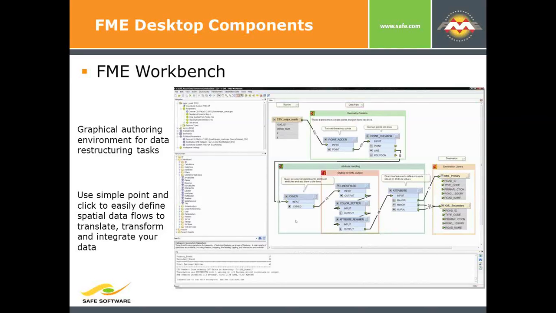So when you think about FME, a lot of folks just think of us as solving format issues, and that sort of sells the FME technology or data interop short, because really it's this thing called the FME Workbench, or inside of data interop it's called a Spatial ETL tool, that really does all the magic for you. It's a graphical environment for authoring tasks that involve restructuring or rearranging data from wherever it is to wherever it needs to be. And so Steve's going to be showing us some of the things he set up and created as part of his initiative to bring this older Austin City data into the Community Maps program and the various types of workflows he created using the workbench.